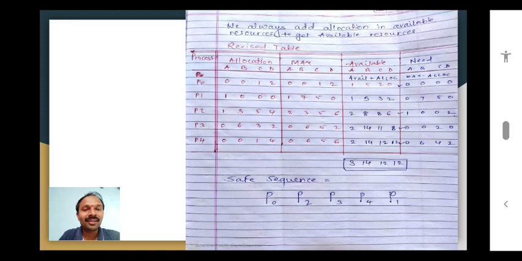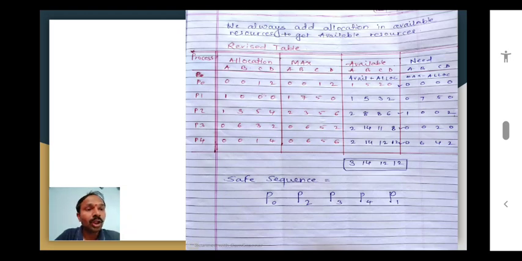Here we are solving the problem with Banker's safety algorithm, wherein processes are given, the allocation matrix is given, and the max matrix is given. Now we have calculated the need. I have copied the numbers from the previous page, with the same formula max minus allocation. Here we will actually verify that.